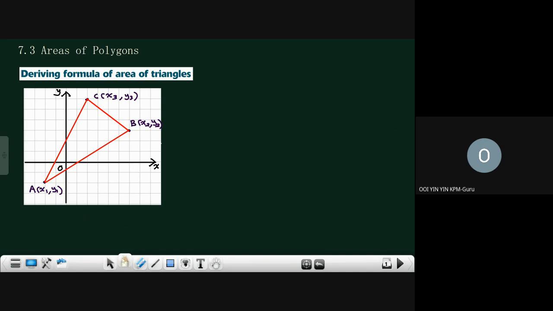Now, as you can see here, there's a triangle with three vertices. The first vertex is A, which is labeled as x1, y1. The second vertex is B, labeled as x2, y2. And your third vertex C is labeled with x3, y3. Now you see that there's a triangle formed here, right? And if I want you to find the area of the triangle here,